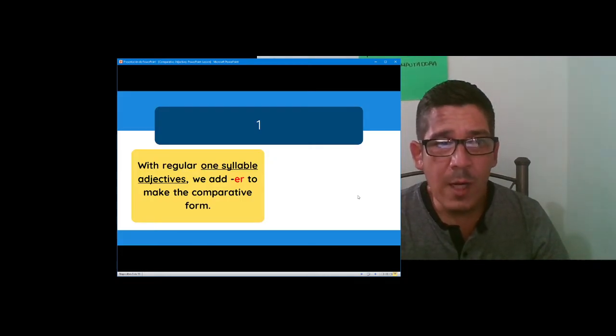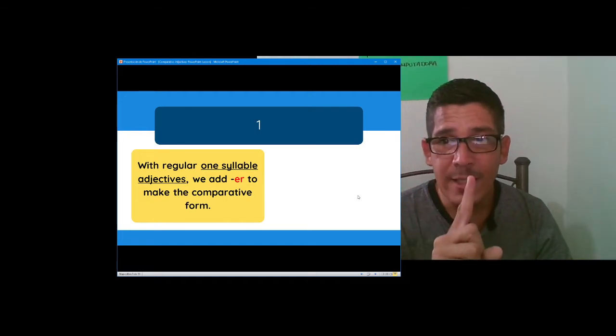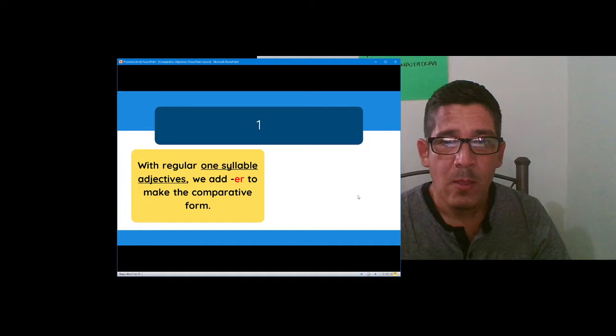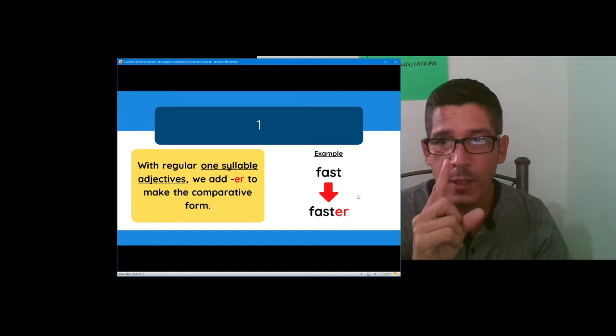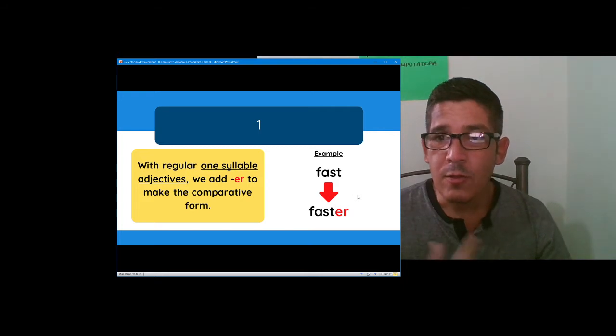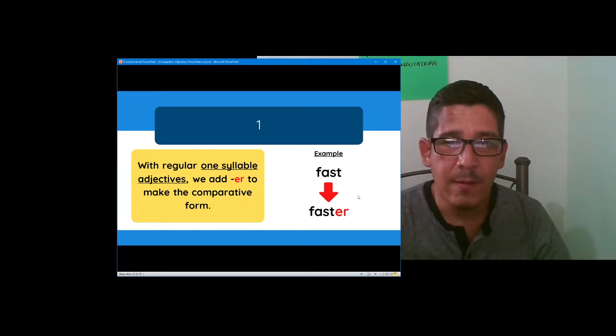With regular one syllable adjectives, we add er to make the comparative form. So, one syllable adjectives. For example, fast is one syllable only, fast. Okay, to make it comparative, you're going to say faster. Okay,